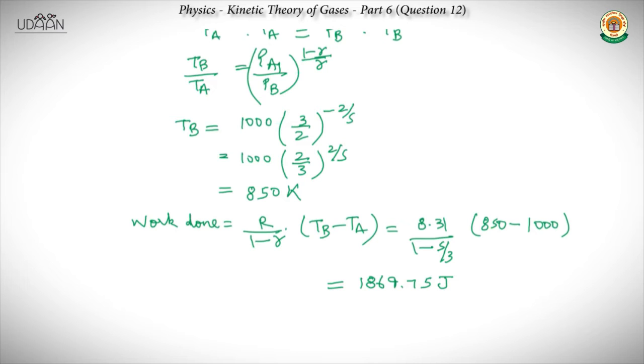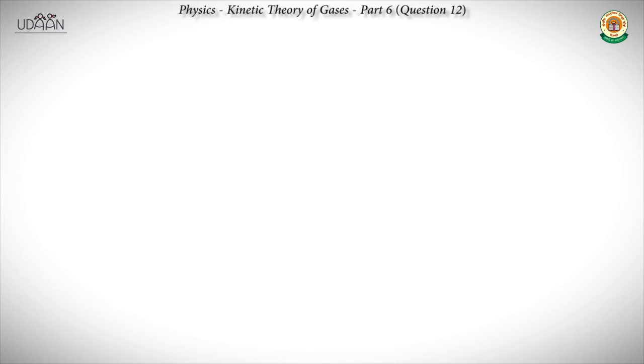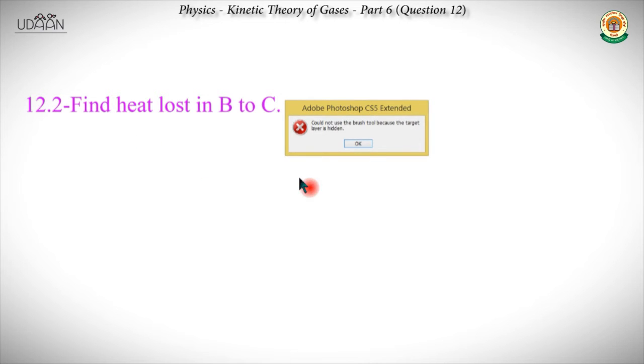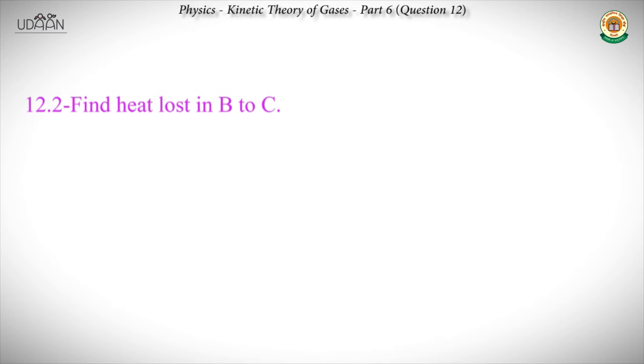Now let's see what the second part of the problem is. We have to find the heat lost in B to C. The process B to C is isochoric. So basically PV equals nRT. If V is constant, then P by T would also be constant. Therefore we can say